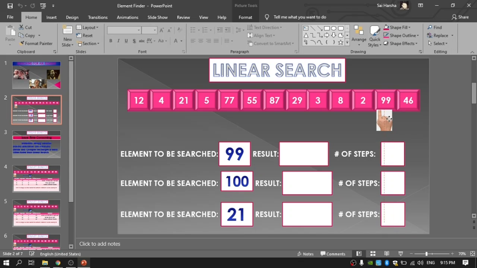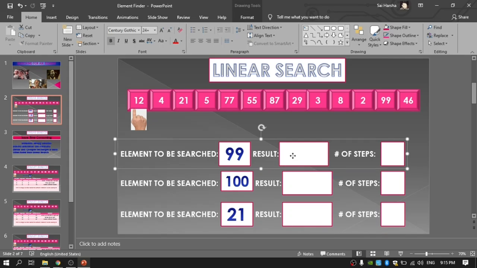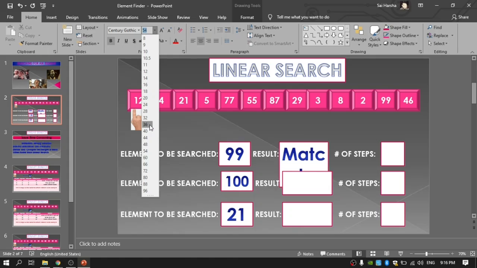The number of steps required: I have to count the number of elements available in the list. How many elements are there? 1, 2, 3, 4, 5, 6, 7, 8, 9, 10, 11, 12, 13. There are 13 elements. The result here is success, or I can say there is a match.